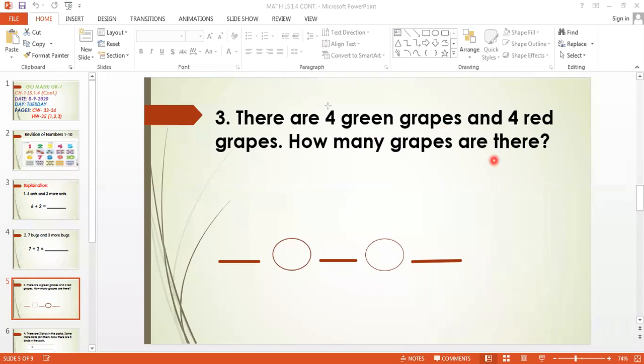First circle the numbers 4 and 4. So we are going to write here number 4. First let's write here 4. Now what sign will come here? Is it plus or equal to? You will write here plus. So let's write here plus. Is it correct? Yes.